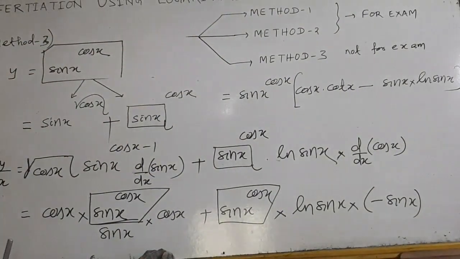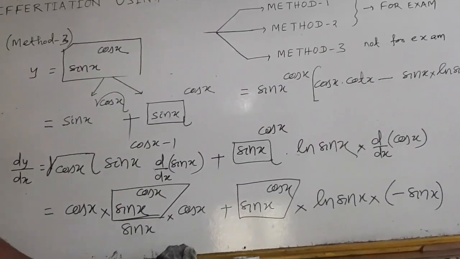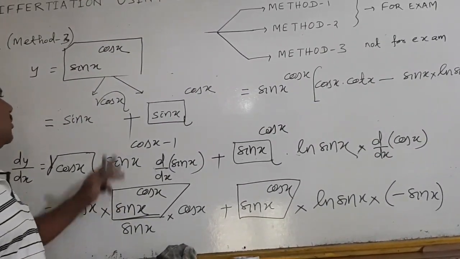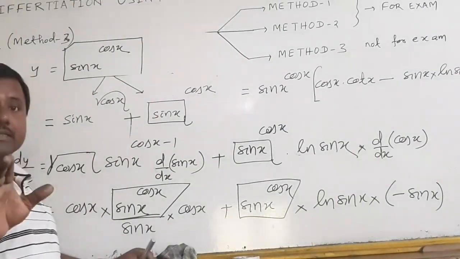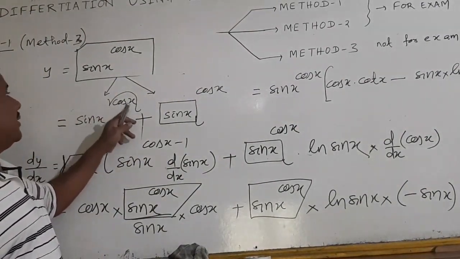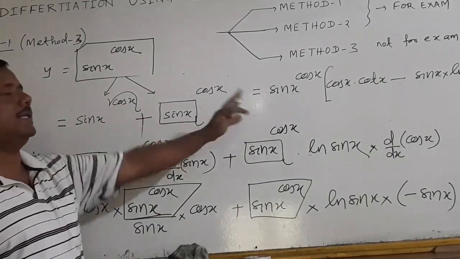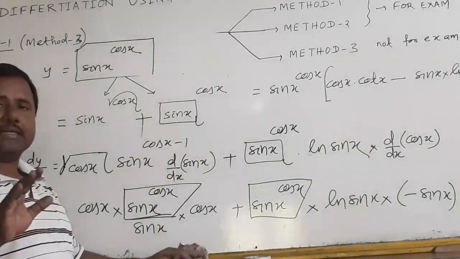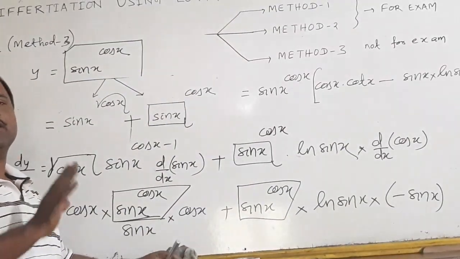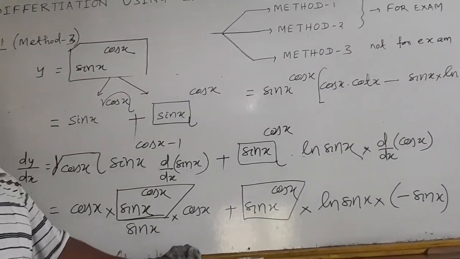I am doing this problem, but you should not do this problem in exam. Okay? Somebody asked me why you add it. It is a method, you have to remember it. First you think the power is variable, next you think the base is variable, then you add, you will get the answer. Okay? It has one formula and you will later know it.